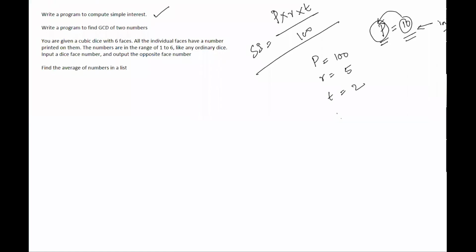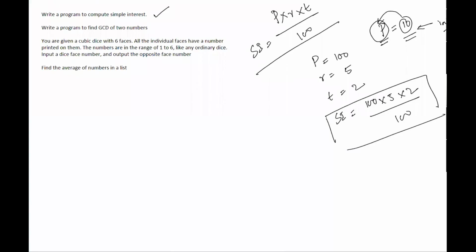So I can take another variable SI, simple interest, equals to P, that is 100, multiplied by 5, multiplied by 2, divided by 100, right? This is what I have to do programmatically. This is hard coded, but in the program I will need to convert this into that syntax of the programming language, so that my computer understands.